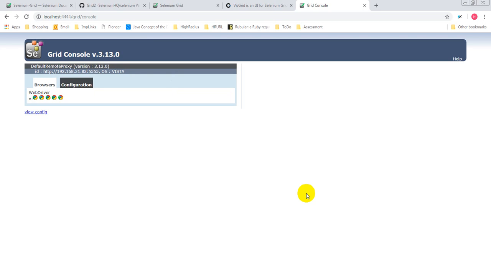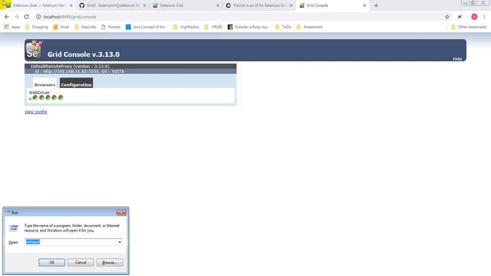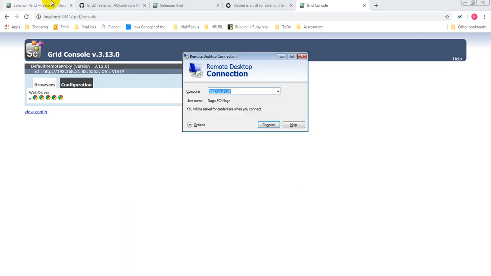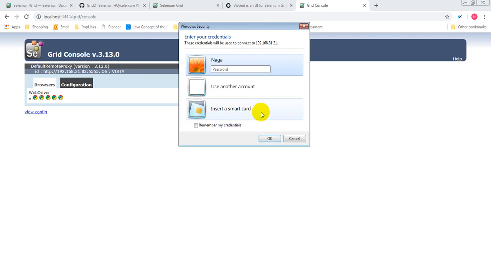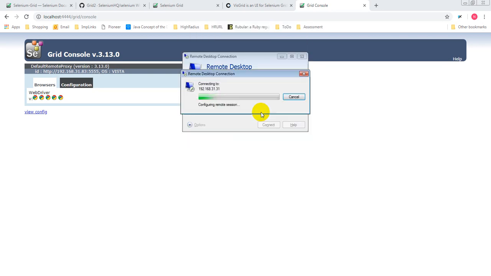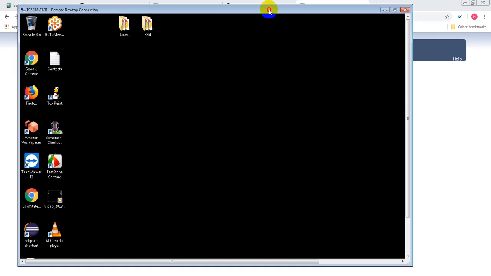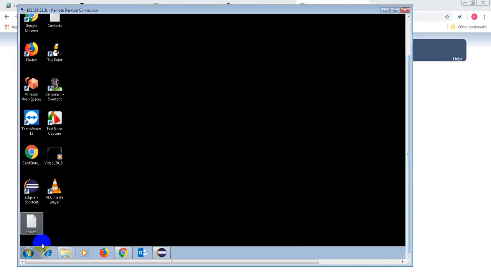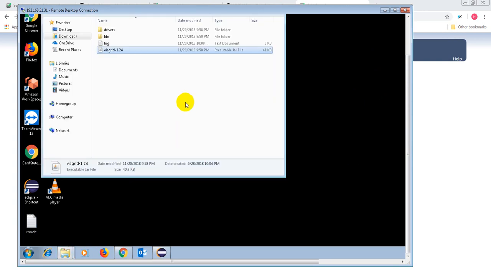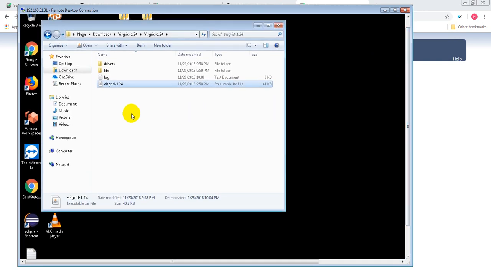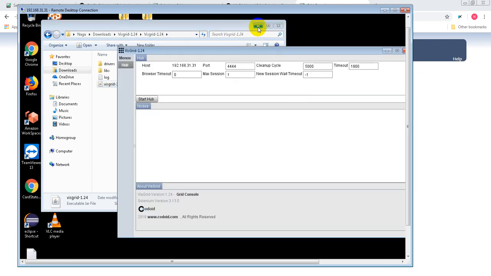But I have another machine with me, so I want to make that a node. Okay, so let me do this. I'll just go to that and try to remotely access that one. Okay, this is another machine which I have, and I already have VisGrid here. Again, I downloaded and pasted it here, and as I'm treating this as a node,